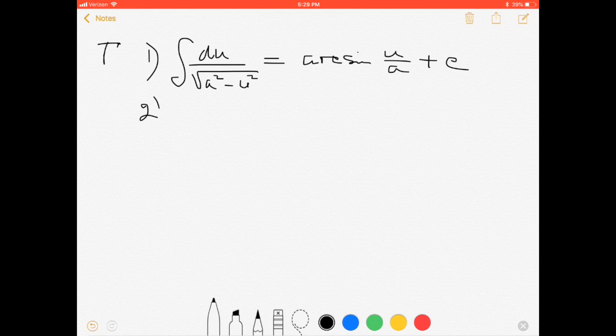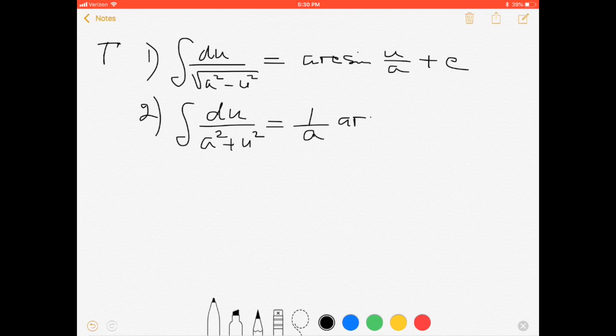Second one: the integral of du over a squared plus u squared equals 1 over a arctangent of u over a plus c. And third one: the integral